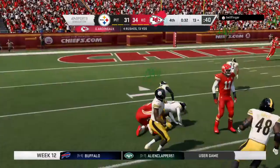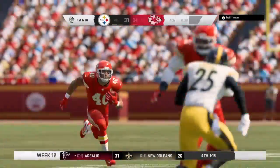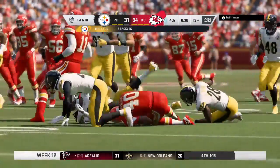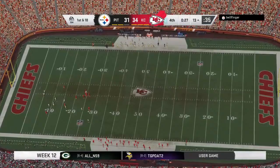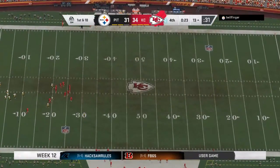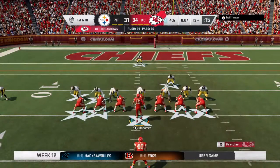And down inside the 15 he goes. Give him 15 yards on that one. Kansas City has a first down. Well, as we've learned over the years, just because a guy plays left tackle doesn't mean he doesn't have run blocking abilities. And we just saw it there. Controlled the line of scrimmage, created a big gain. That's kind of a bonus. He's there to protect that high value that you have back under center, but